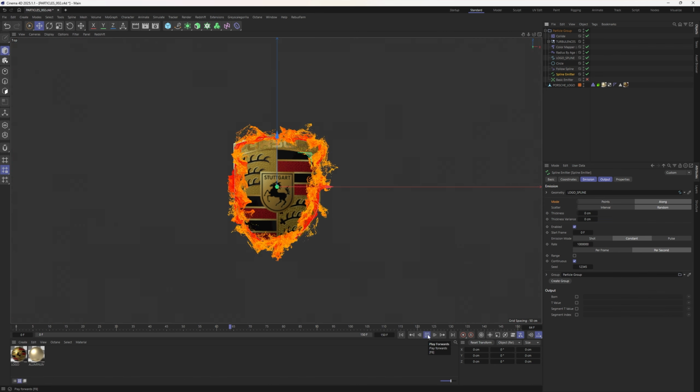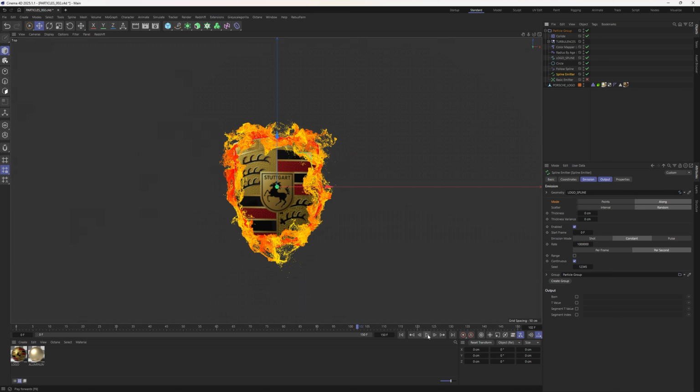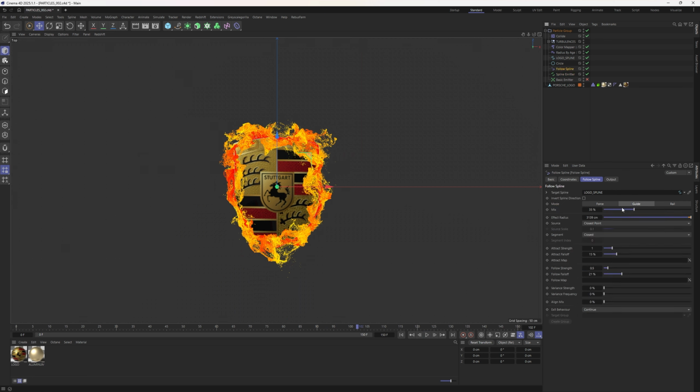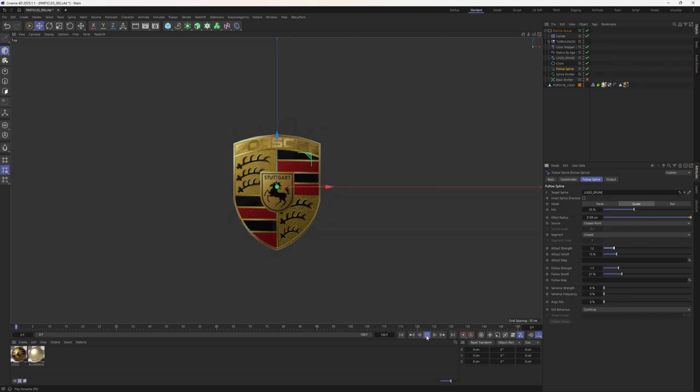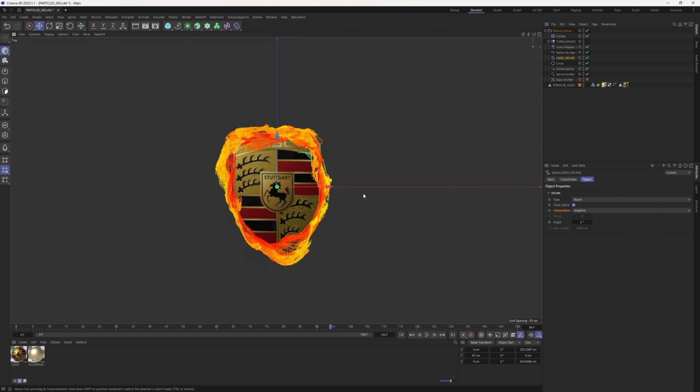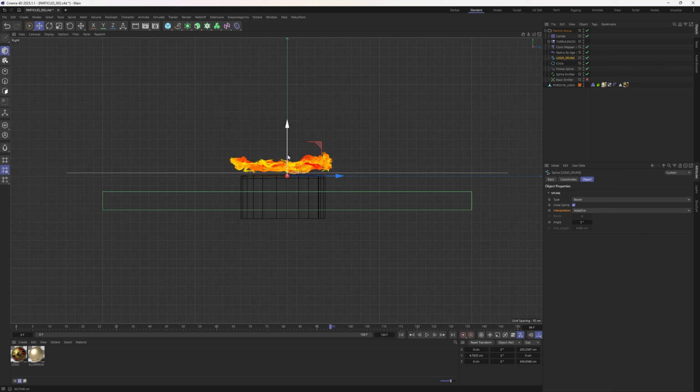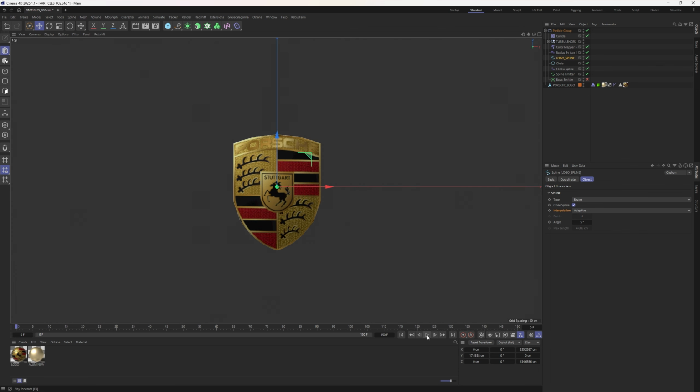is we then get all these particles spawning around the logo. And if we go to the follow spline and we increase the follow strength, and increase the attract strength a little bit, we can then have the particles flowing around the logo. So then if we were to drop that below the logo and play through that, you get all these particles flowing around the logo, which can also be a really cool render that some of